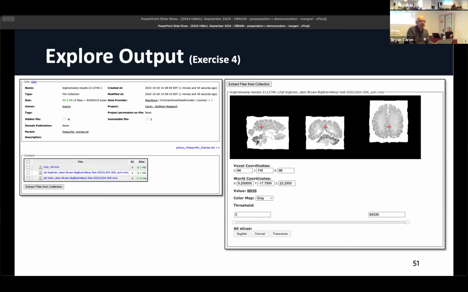Particularly with some tools, things like fMRIPrep, for example, they have lots and lots of intermediate files that most times you don't want to keep, because otherwise it just becomes an organizational nightmare, and scientifically they're not of value. They were needed for the running, but not for the output.